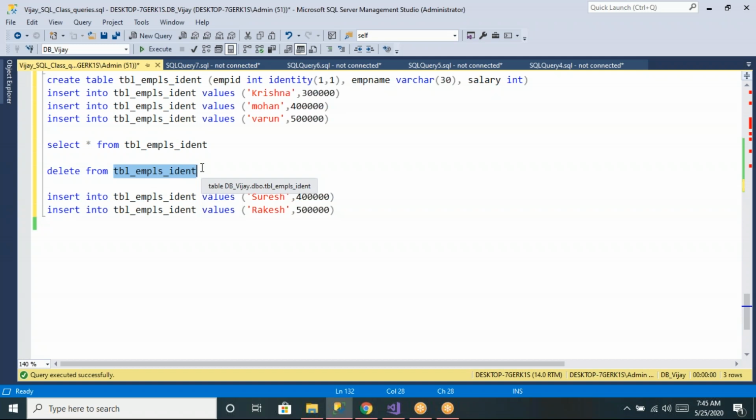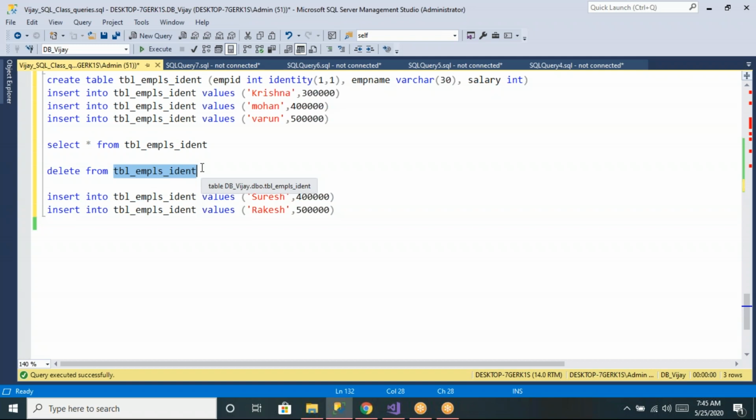That's why when you are reinserting the data, it goes and checks in the backup buffer memory what is the latest value there. If it is 8, it adds 1 to that and continues with 9. If it doesn't take any backup, how will we come to know? So when you apply delete, it is doing 2 operations. Before deleting the data, it is taking the backup of existing data and keeping it in the SQL buffer memory.